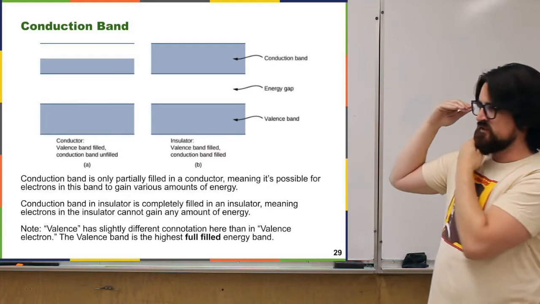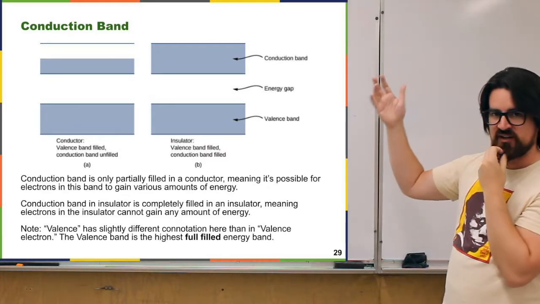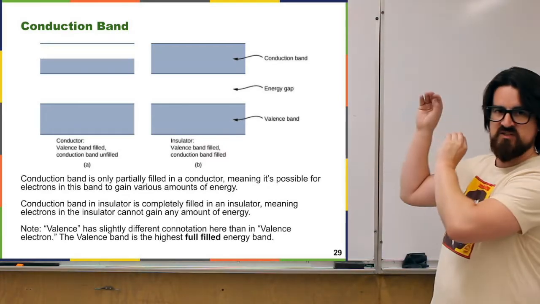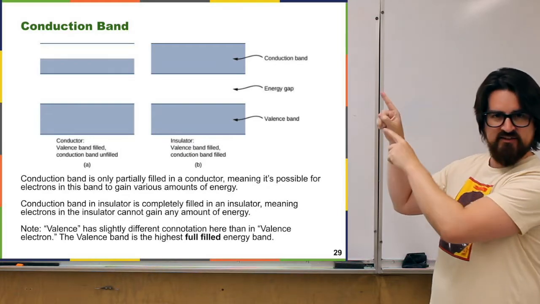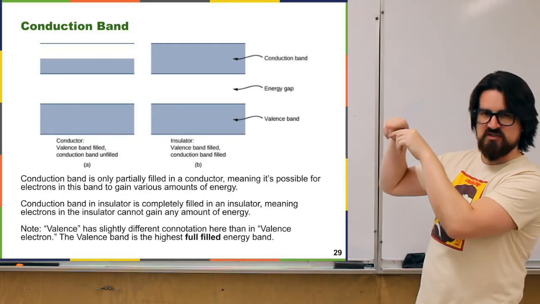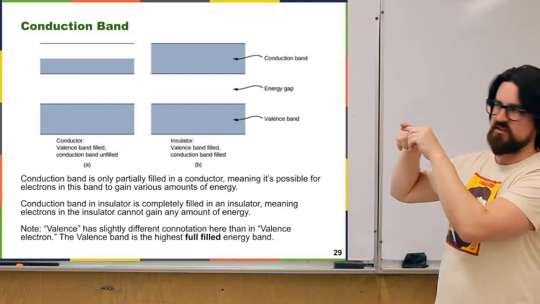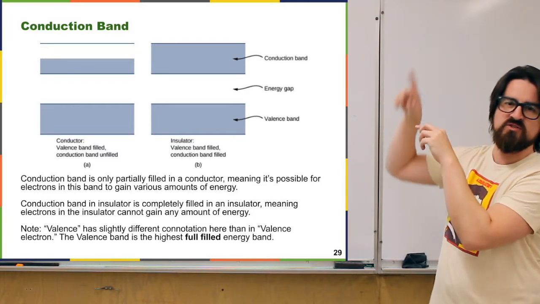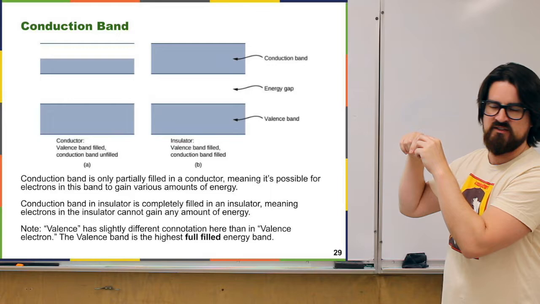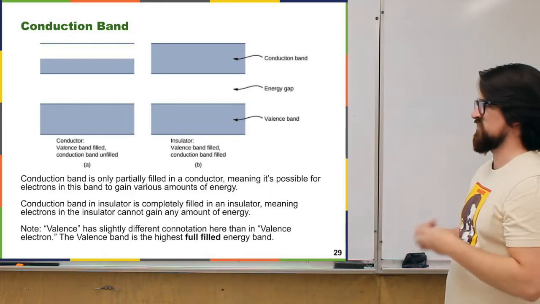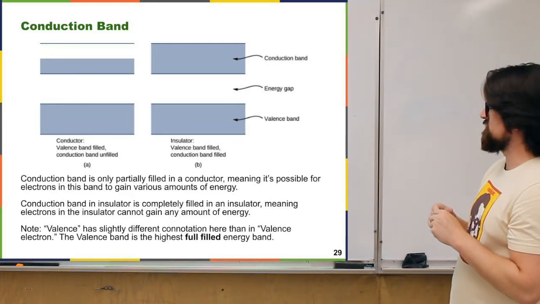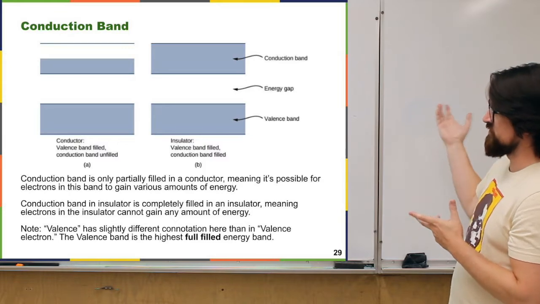So in a conductor, that conduction band is only partly filled, which means that the electrons in that conduction band have a lot of options for different energy states that they can get to. Right? Because they're within this band, there's essentially a continuous spectrum of energy that they can have. So you can give them a wide range of energies and kind of set them into different states. As opposed to an insulator,